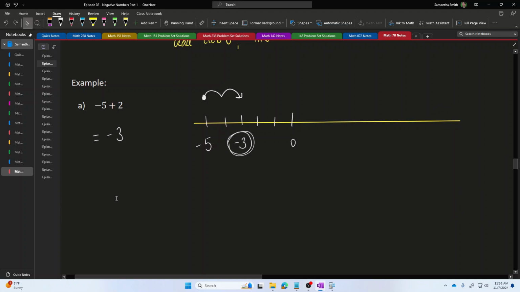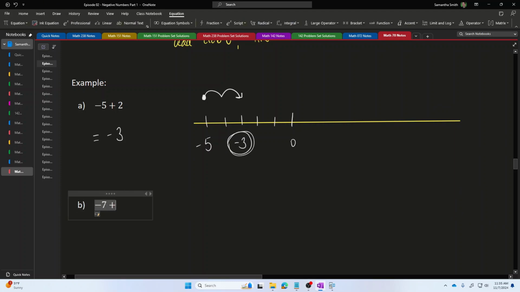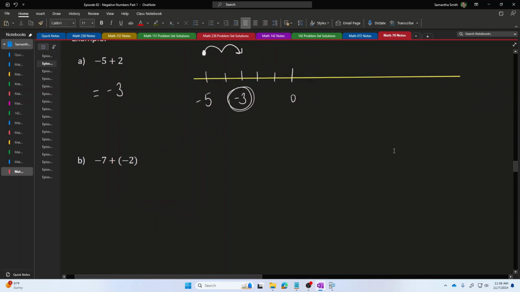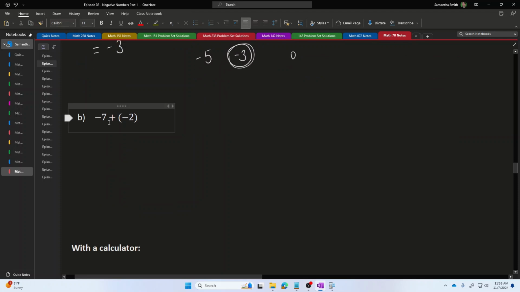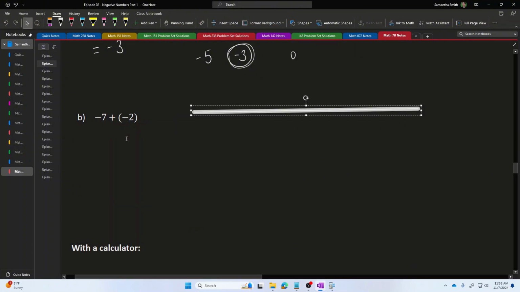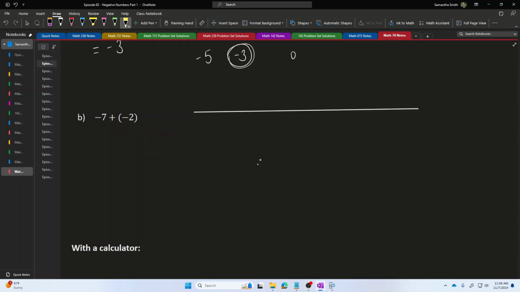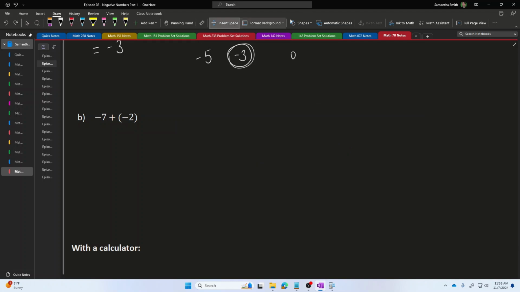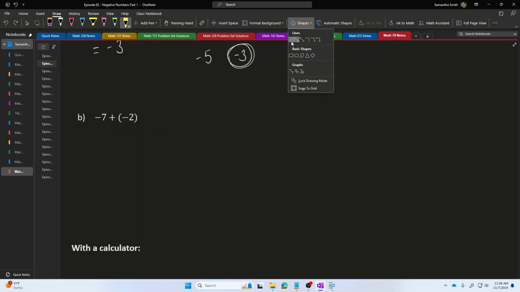Or if someone says to me, what is -7 plus -2? Okay, I'm in a bad situation here, right? Because I'm already in debt in this problem. I'm starting 7 units in debt, but now I'm adding additional debt to what I already have. So I'm expecting to get a final result where I'm even more in debt than I started with.